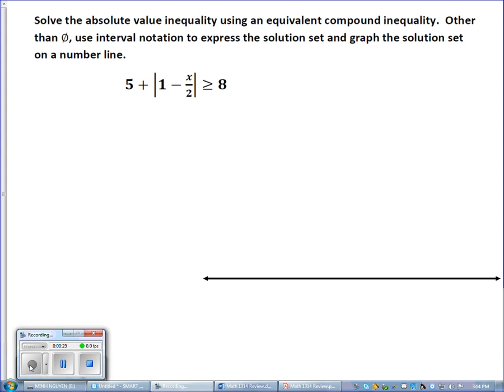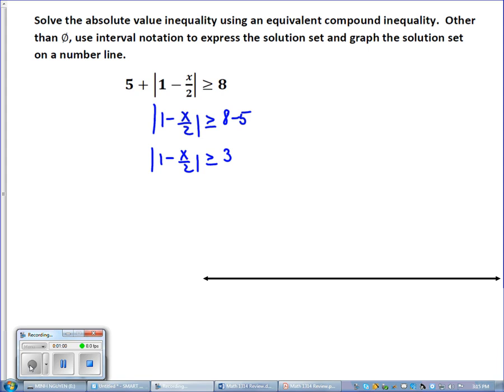Okay, so we have 5 plus the absolute value of (1 minus x) over 2 is greater than or equal to 8. Because this is an absolute value inequality, the first step is to isolate the absolute value. To do that, we subtract 5 from both sides. So we have the absolute value of (1 minus x) over 2 is greater than or equal to 8 minus 5,